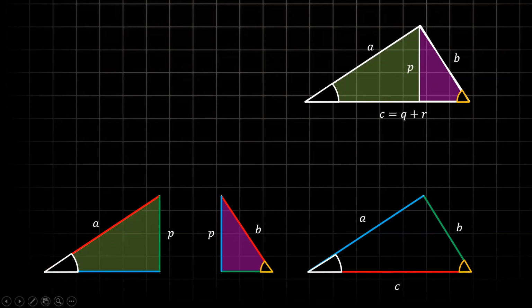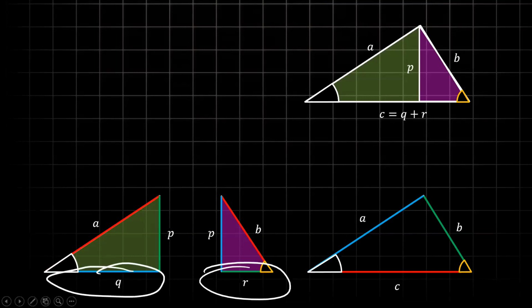You guys know Pythagoras theorem, but anyways, I'm not doing Pythagoras theorem. Wait, I'm not yet there. I'm going to call this side C, but I'm going to call this Q plus R, which means there are going to be 2 pieces. One is Q, this piece, and the R piece. Is this fine? Can I get a yes or no? All the labeling so far. Everything is fine? Yeah, cool.